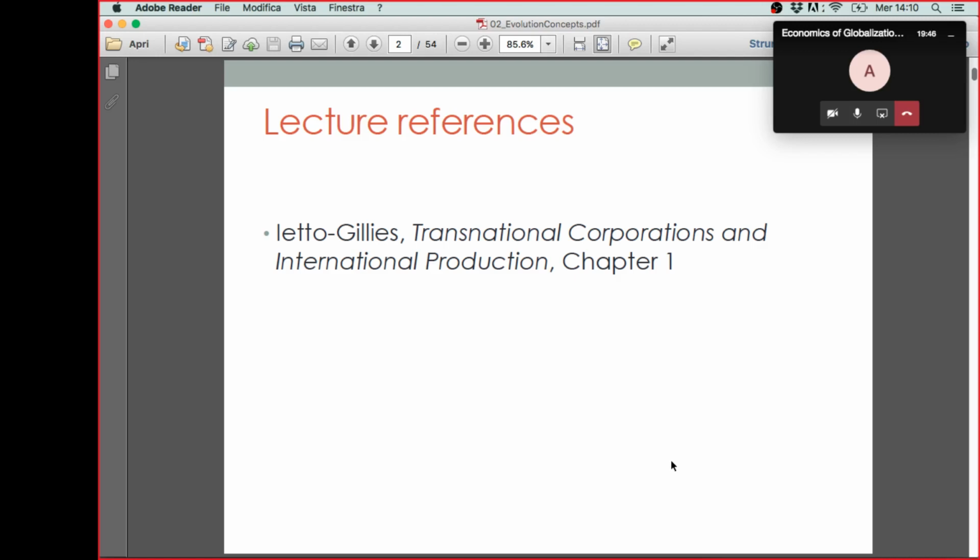This introduction was conceived at the beginning to be held on a Friday, because that was the original calendar that I had in mind before knowing all the lockdown due to the COVID and stuff. So it was supposed to be given on Friday when we have more hours. In particular, we have 3 hours mainly. So it's a long class. So of course, since I'm giving it today, I will split it into two. So we'll have a first part today, mainly with definitions, and a second part early on Friday with more discussion about empirical data that are related to foreign direct investments. Okay.